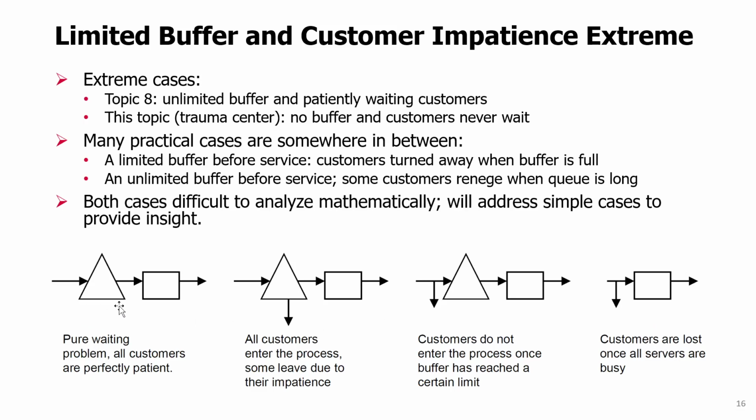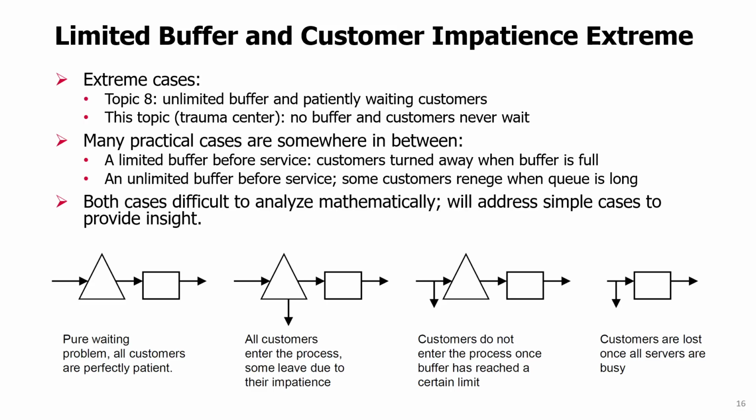This is the infinite buffer and patient customers. This is where in between we have infinite buffer, but some customers renege due to impatience. This is a finite buffer, and some throughput may be lost when all servers are busy and the buffer is full. And this is our extreme case where there is no buffer, and if all servers are busy, throughput is lost. These intermediate cases are much more difficult to analyze mathematically, and we will only address some simple